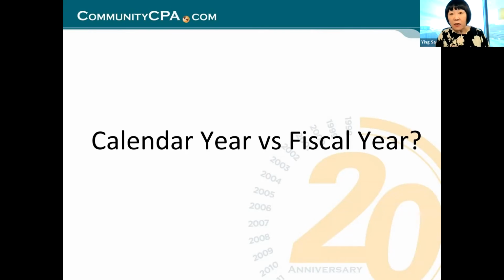And of course, for the personal 1040, we are all on cash. We are all on cash. And we are all January to December animals, right? But in business it is different. A business could have its peak season. For example, with an agriculture company, when do they end their year to have the most advantage?